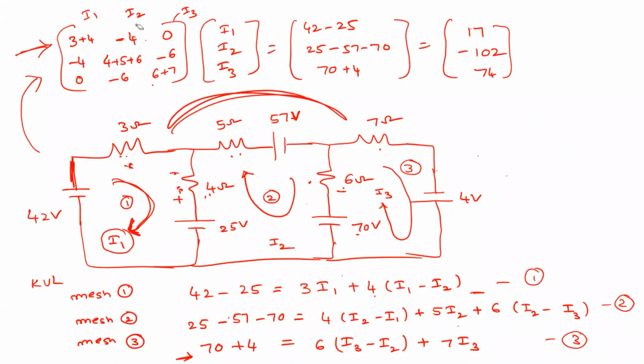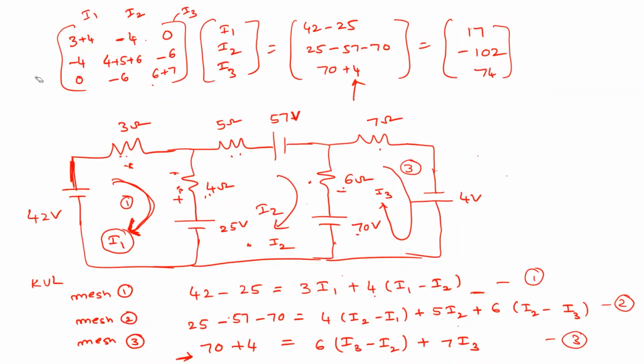Clear? Next we'll come to the resistances on this side later. Now come to this loop, mesh 2. These are the equations related to mesh 2. The diagonal element is already over. What is common between mesh 2 and mesh 1? The 4 ohm resistor. So we have minus 4 ohm. The self resistance is 4, 5, 6.